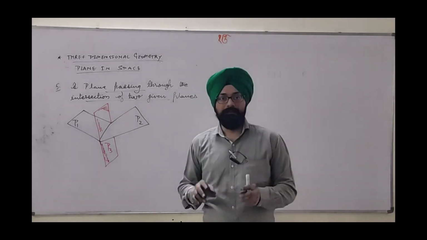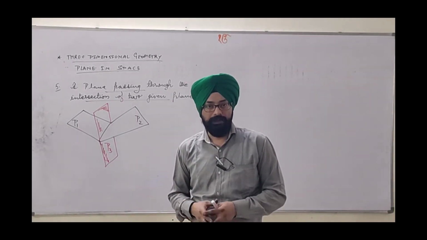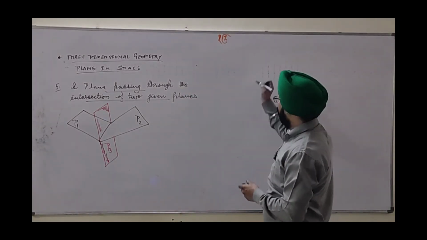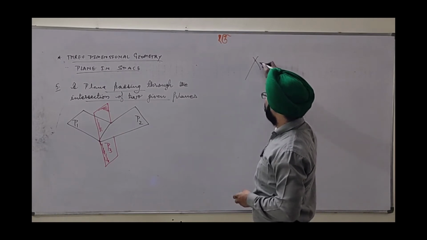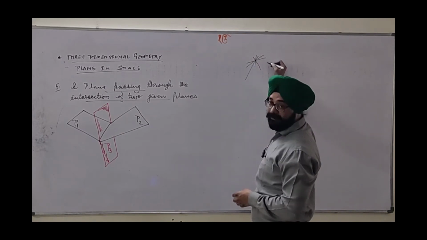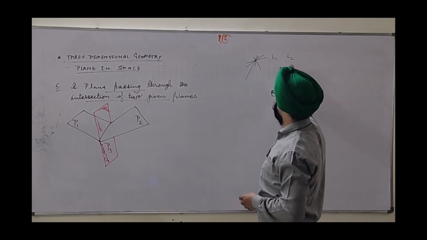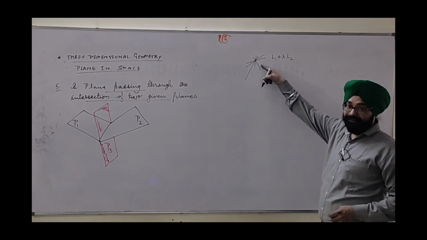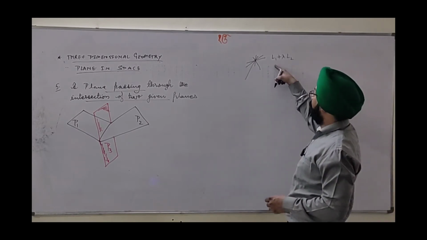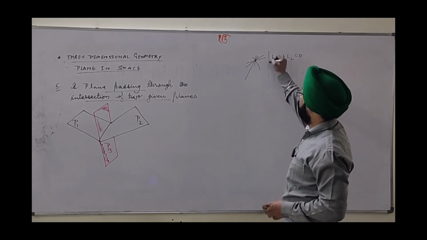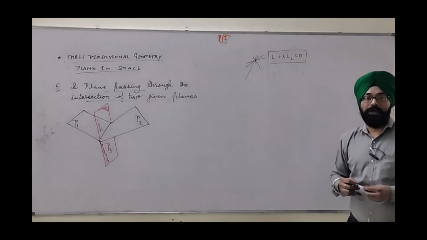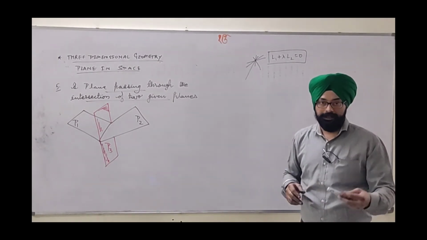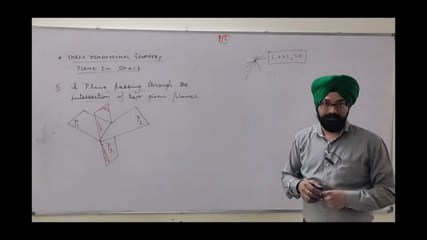We have seen the concept of family of lines passing through the intersection of two given lines. Whenever we have two lines, they intersect at one point, then all the infinite lines passing through their intersection, if L1 and L2 are given lines, the family of lines passing through their intersection is given by L1 plus lambda L2 equal to 0. This is known as family of lines because various conditions are given. So changing the value of lambda, we will get a new line. As you can see, infinite lines are passing through them.